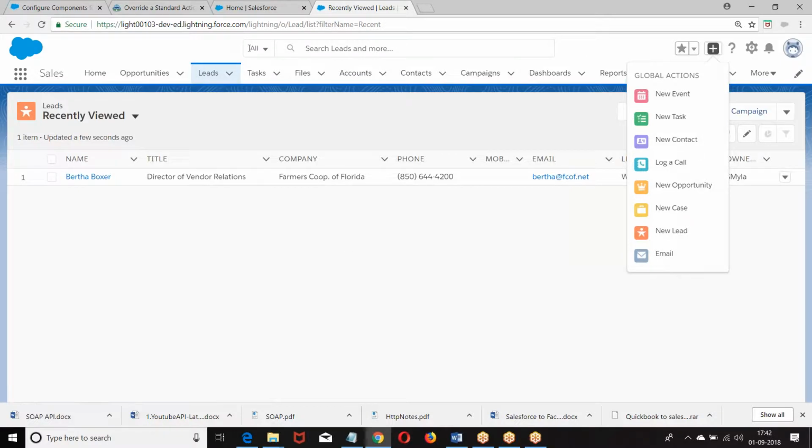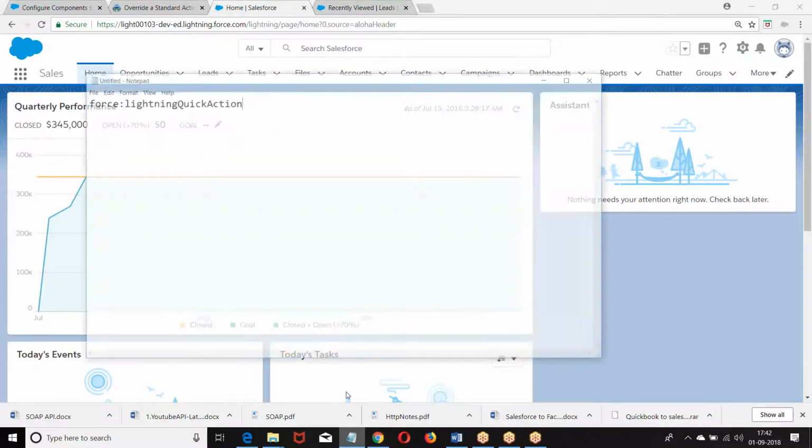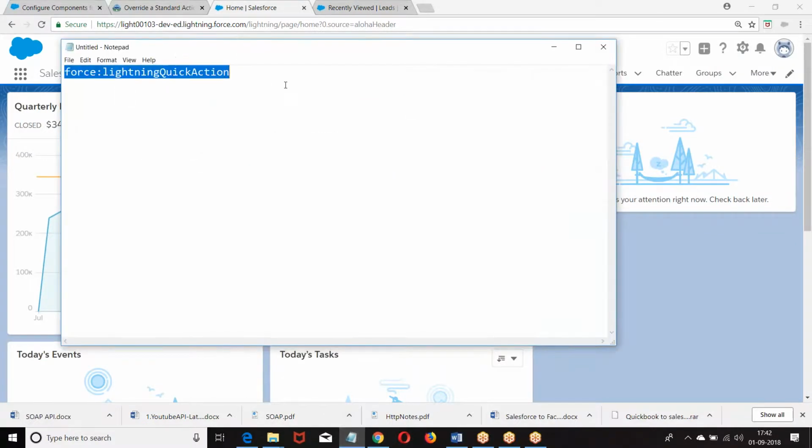If you want to create a global action, first we need to understand two elements. What is that? The first element is there is an interface called force:lightningQuickAction. What is the interface?